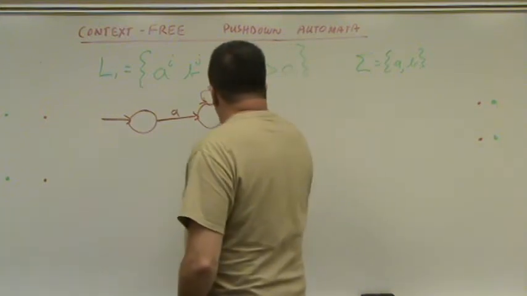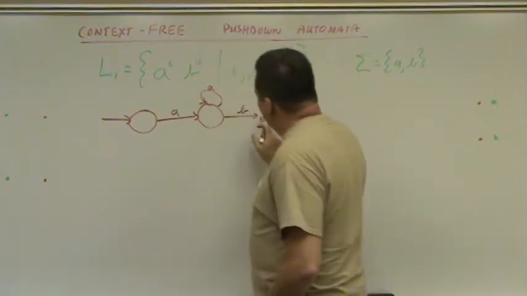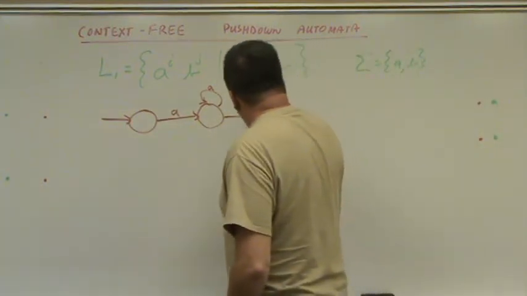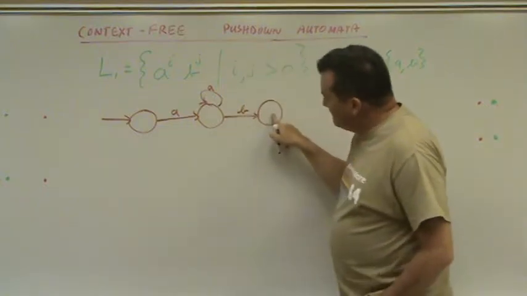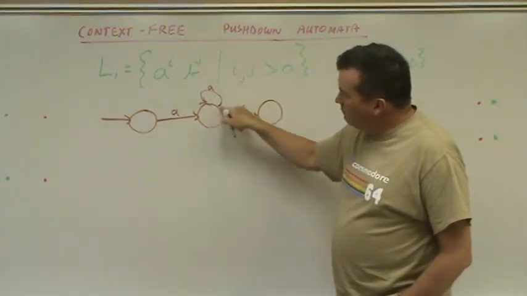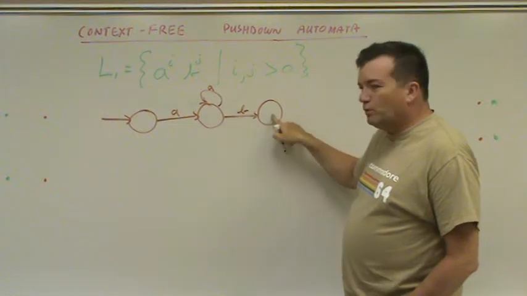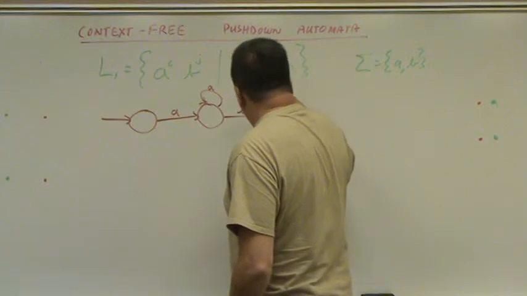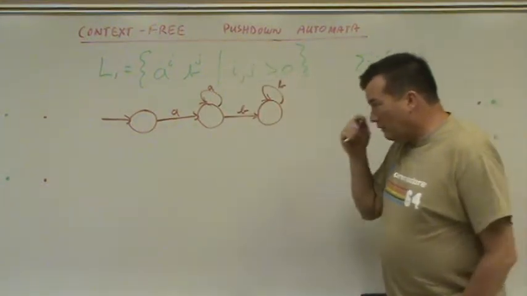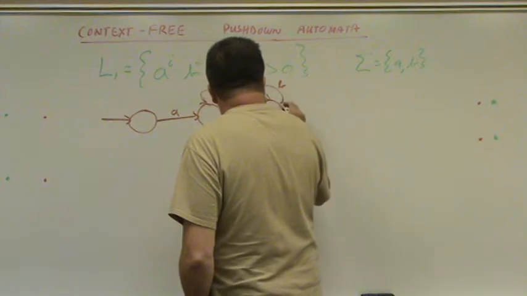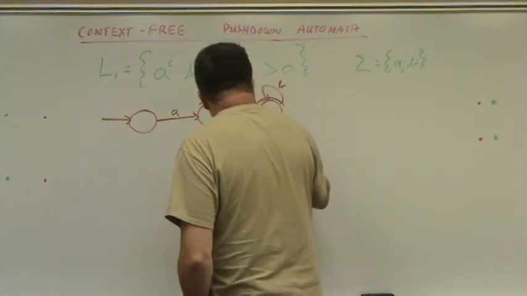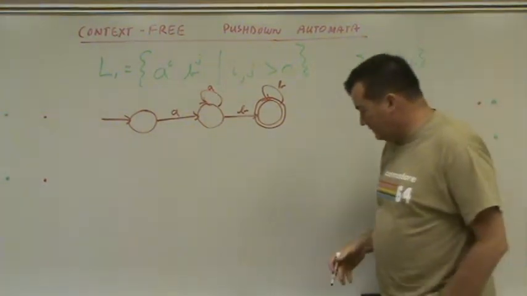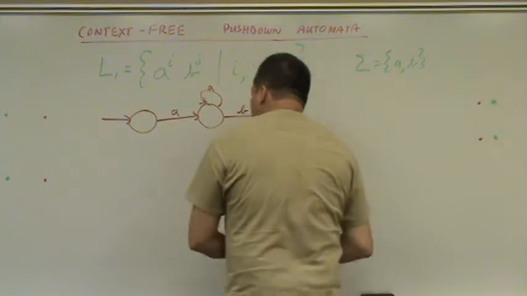Eventually we go to read a B, and we're now moving into a state where we can no longer read A's. Once we get to this state, this means we've read at least one A, maybe more, and we've read at least one B. Now if we read more B's, that's okay. More B's are fine. We're going to put a double circle around this one. Some textbooks use double circles to mean we answer yes. Other textbooks type the words yes and no